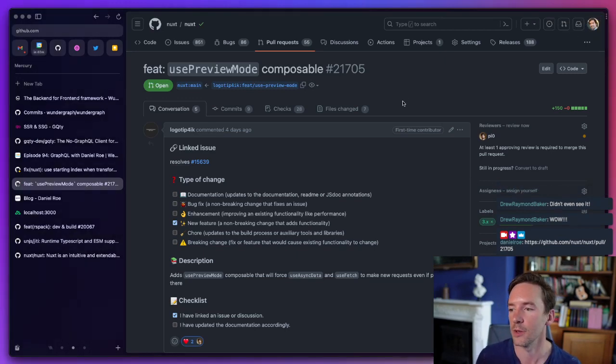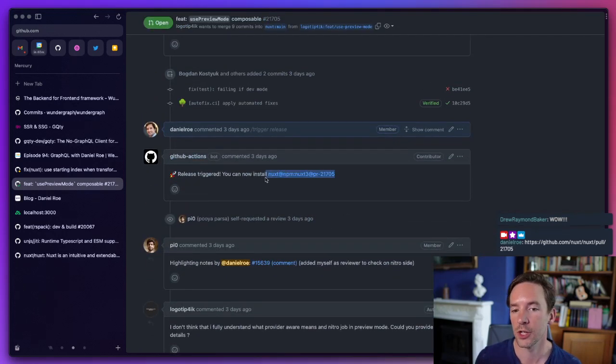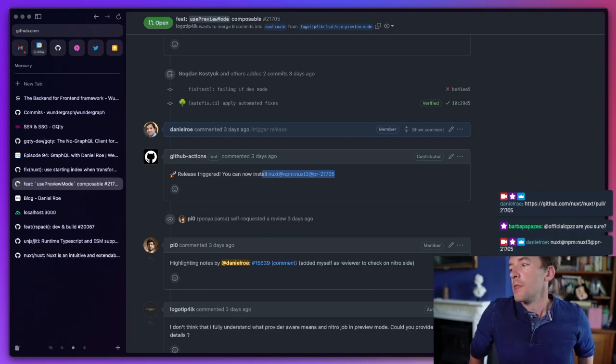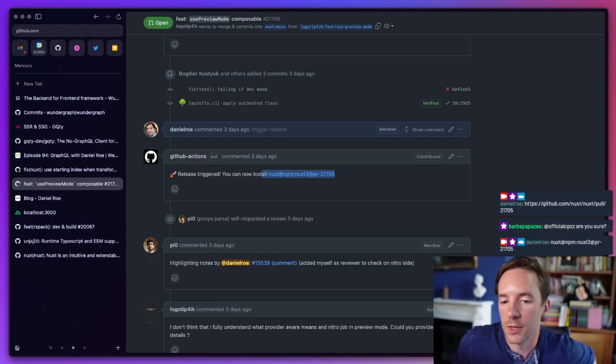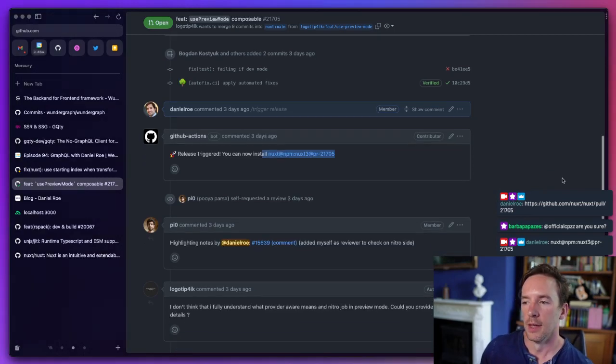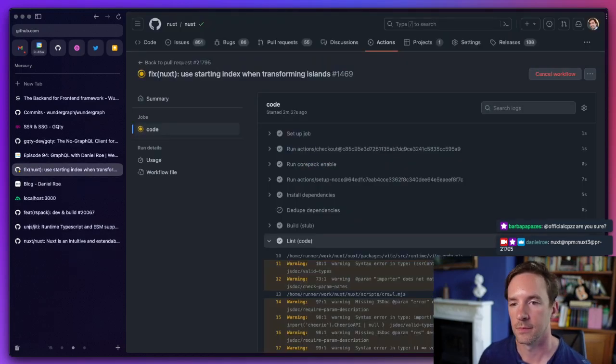It looks very promising. So have a look, try it out. I triggered a release, so you can actually go ahead and install the version of Nuxt that is in that branch with that resolution. Now that actually doesn't include the latest fixes to main, but it will be sufficient to test the preview mode, I think. So yeah, try it out.